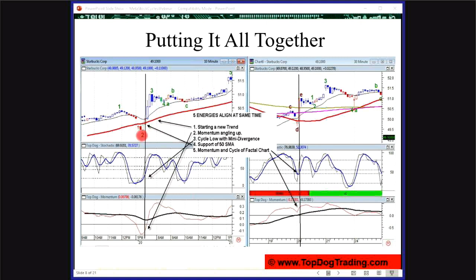So the earliest you can get into a new trend is at wave 2. So 1, 2, we've got an uptrend here. And this is key. So you've heard the slogan, the trend is your friend until the end. What that really means, the learning moment from that slogan, is to get in early in a new trend.